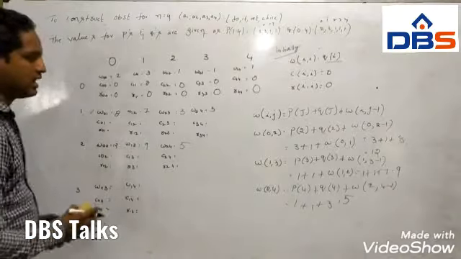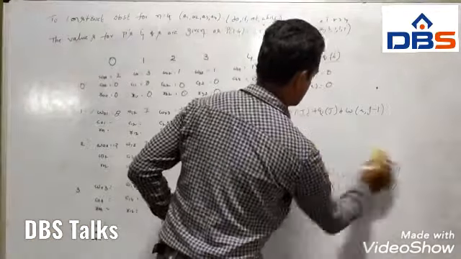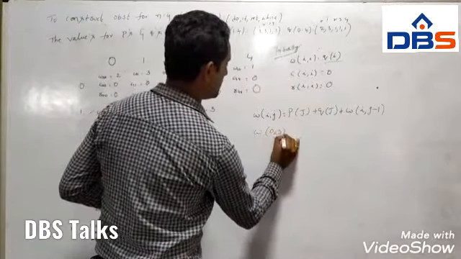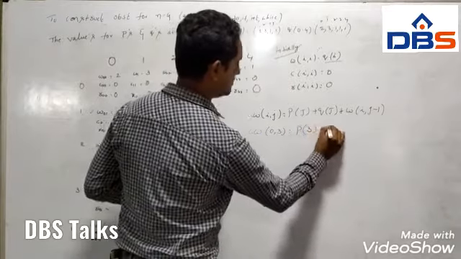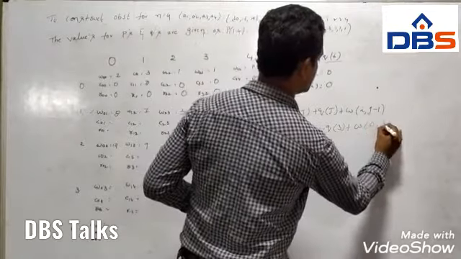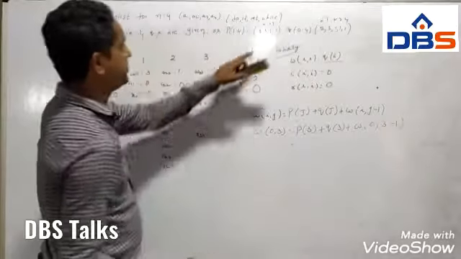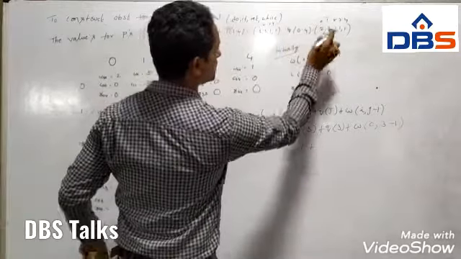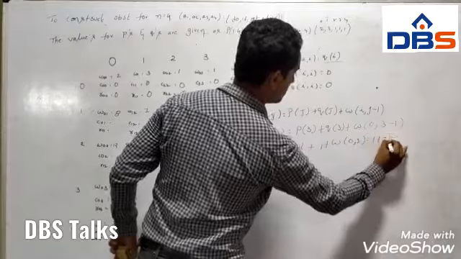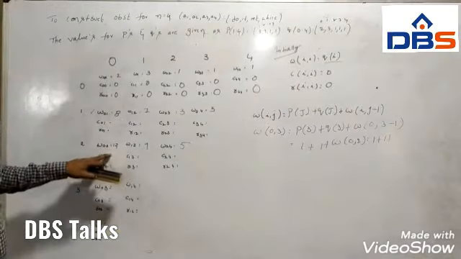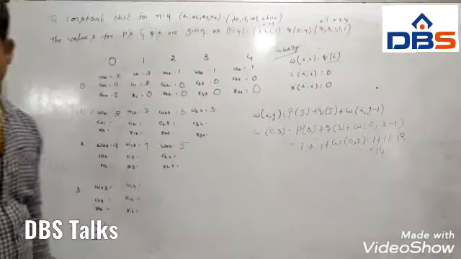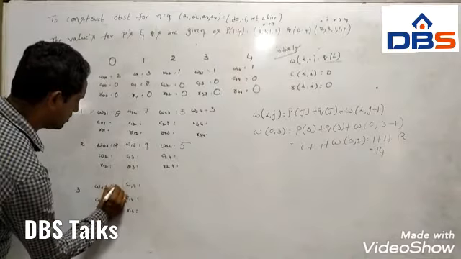Okay. Next we consider W03. W of 0 comma 3 equals P of 3 plus Q of 3 plus W of 0 comma 3 minus 1. That equals P of 3, which is 1, plus Q of 3, which is 1 plus W of 0 comma 2. That equals 1 plus W02, which is 12, so that equals 14. Okay, so W of 03 equals 14.